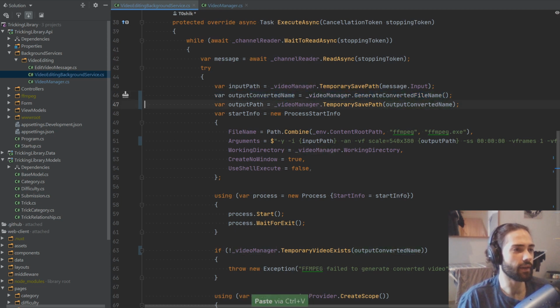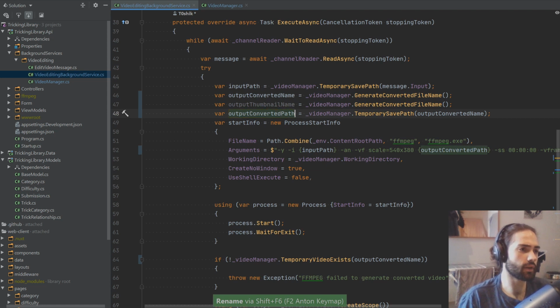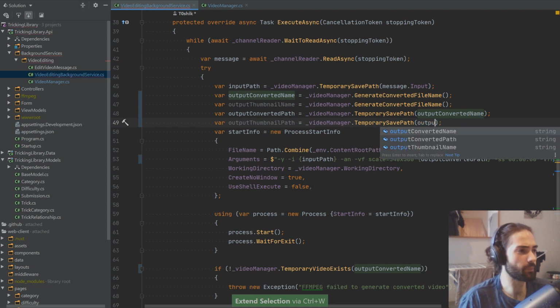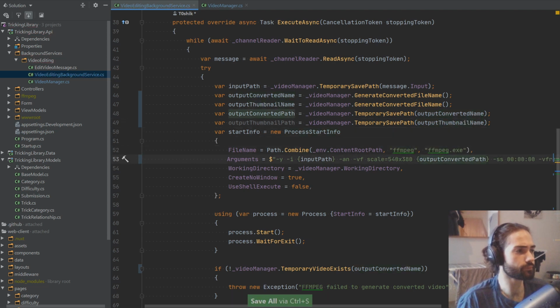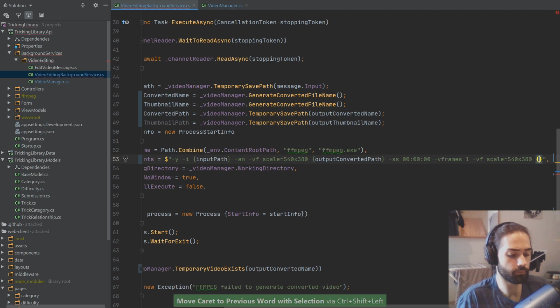All right. I can then copy this output thumbnail name, copy this, and actually let's say output converted path. We'll copy this now, and output thumbnail path, right? And here we want to make sure that we provide the output thumbnail name. And at the end, where we have this bit here, let's go ahead and make sure that we have the